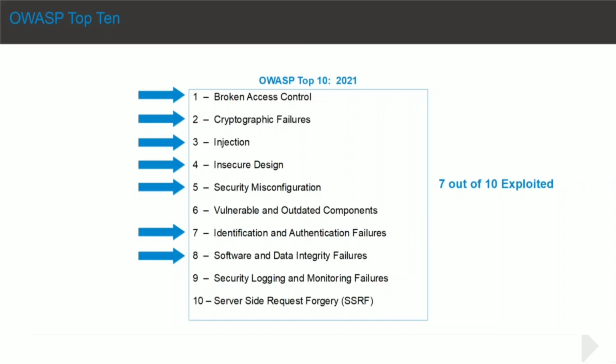If you look at how you could prevent these, it will start to point you in the right direction in terms of the controls that you need to have in place in order to stop many of the attacks that we saw throughout this course. So let's dig a little bit deeper into a couple of these, and that should put us in a pretty good spot, not only on the offensive side, but also a taste of the defensive side as well, so that you can start to point your clients in the right